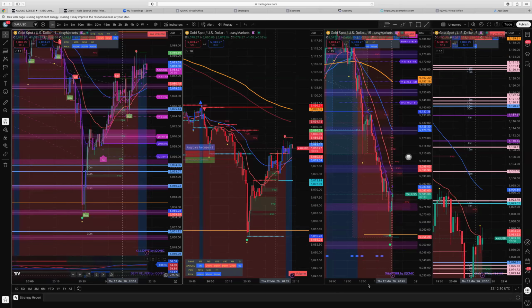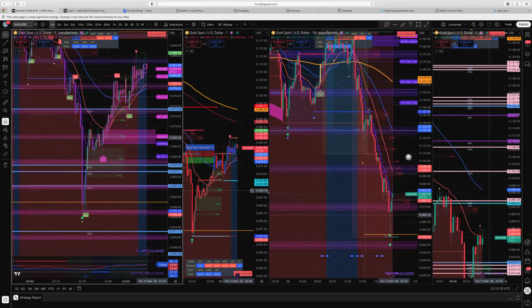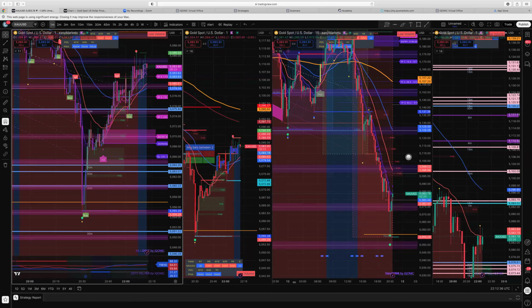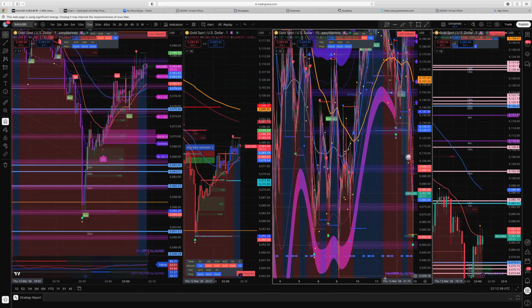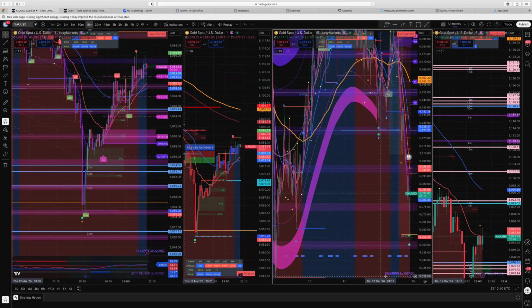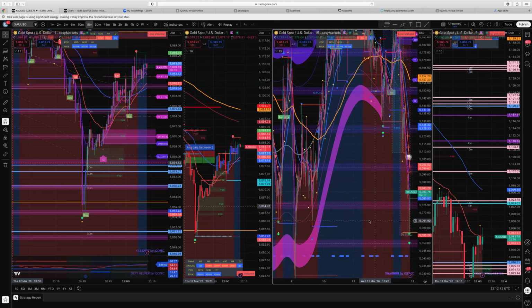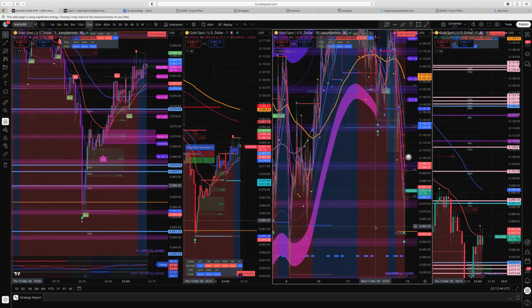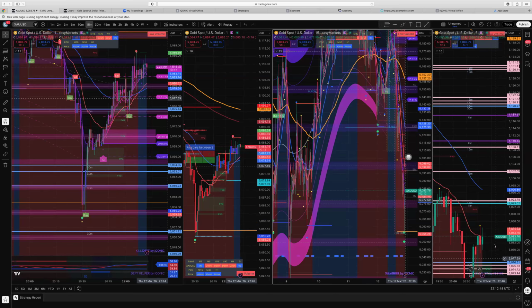We're looking at where price has been and where price is looking to come back to, because that way you can get them extra pips, right? Market came down to exactly